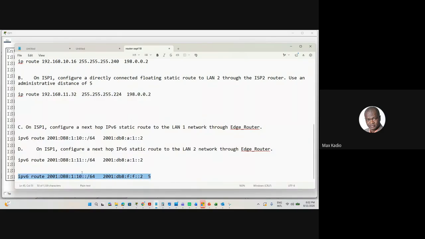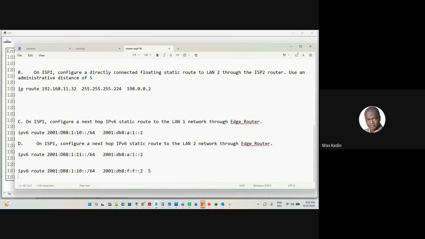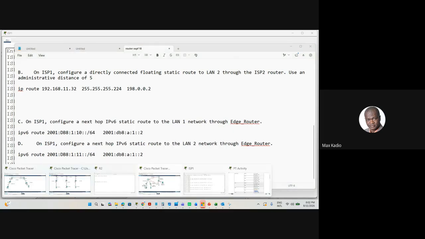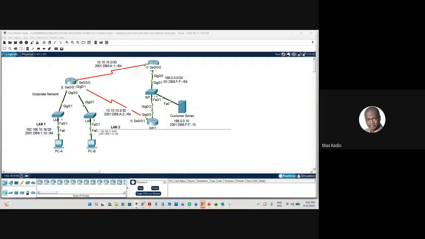So the same thing I did here, I'll do the same thing for LAN 2. IP route, I need to add LAN 2 here via ISP2, and I add a number that is higher. So I need to add here for ISP2. So I go to a picture, I copy this,